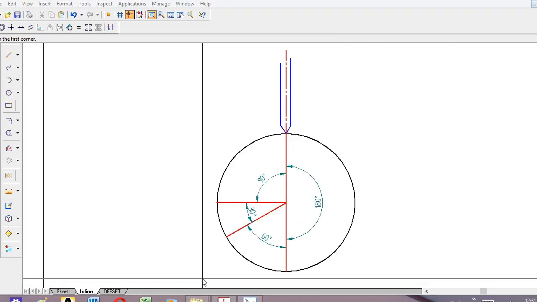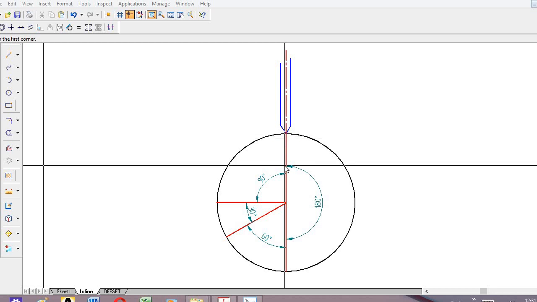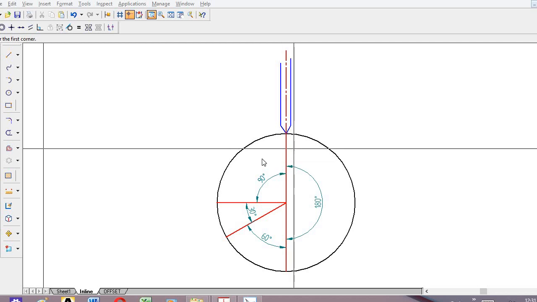Next we will divide the base circle according to the angles given in the problem. If the cam is rotating in the clockwise direction, we have to measure the angle in the anti-clockwise direction, and similarly if the cam is rotating in the anti-clockwise direction, we measure the angle in the clockwise direction. Here this is the position of the knife edge. From here we will measure the angle of ascent. We assume the cam is rotating in the clockwise direction, so we will measure the angle in the anti-clockwise direction, like this.